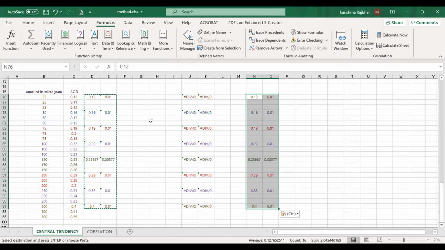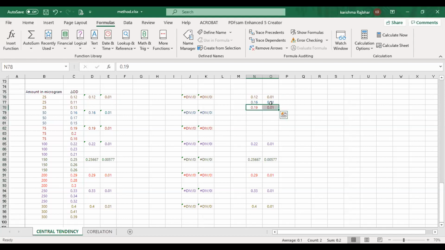Yes, ma'am. Okay. So while pasting your calculated data, use paste special and values, not just directly Control V. Clear? So now this is the data. See, for each and everything, there is 0.01 of standard deviation. Okay. Are you understanding this?